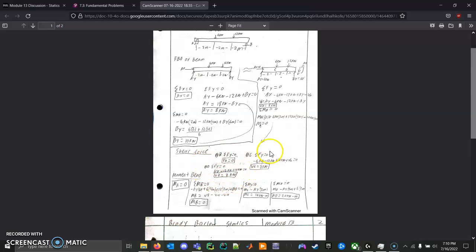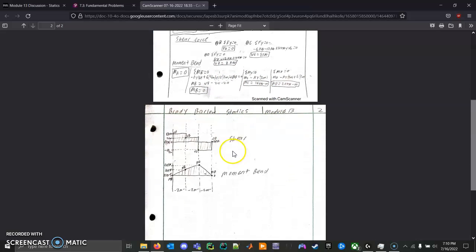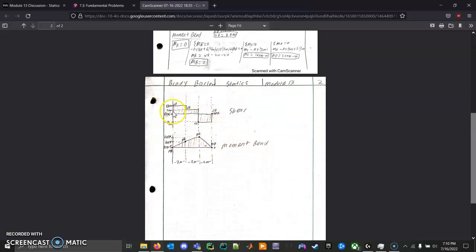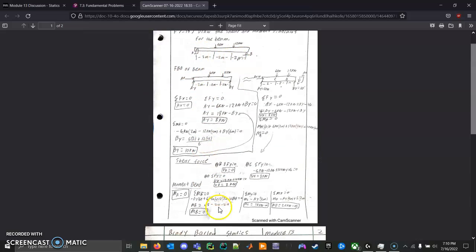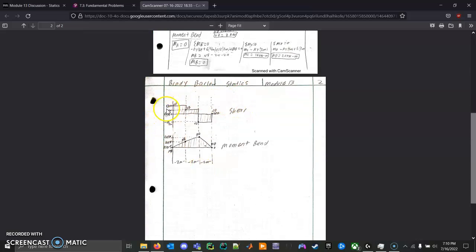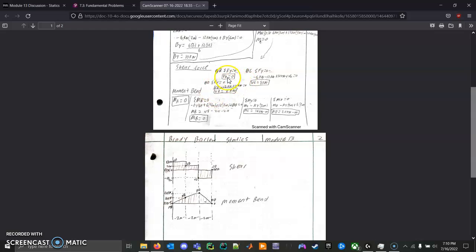Once you have all these pieces of information, with all your VA, VB, VC, VD, and your moments across each point, you can then draw your shear and moment diagrams, where you can see I labeled each point and kept it 2 meters, 2 meters, 2 meters, just like as shown here. So for your shear, your VA, since it starts at 8 kilonewtons, you'd start here. Your VB drops to